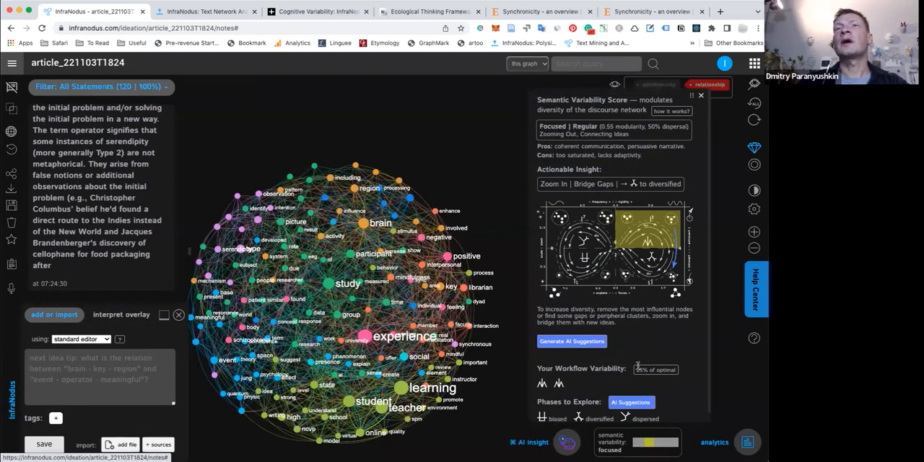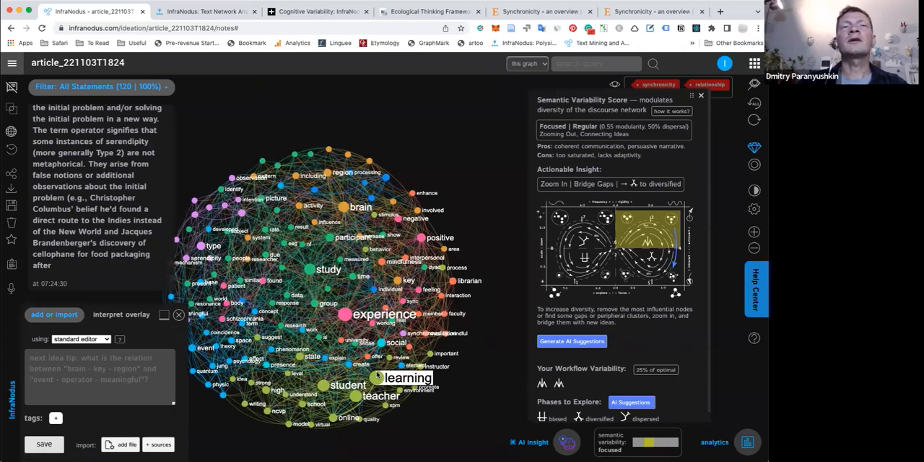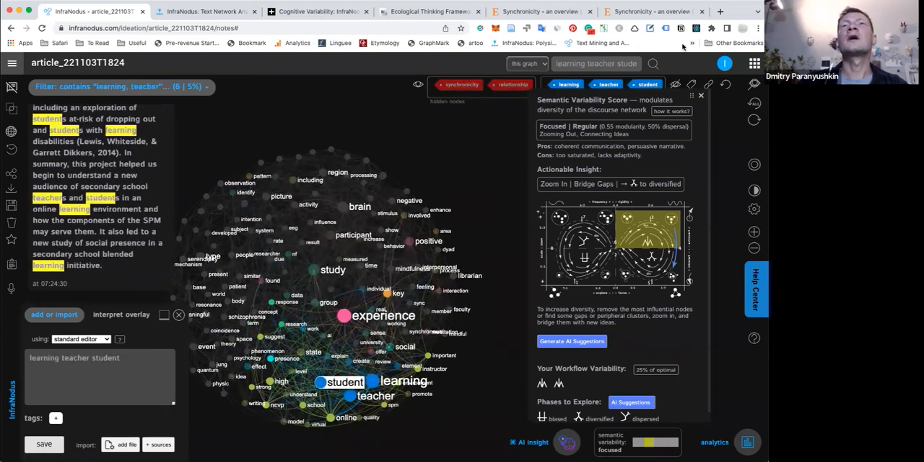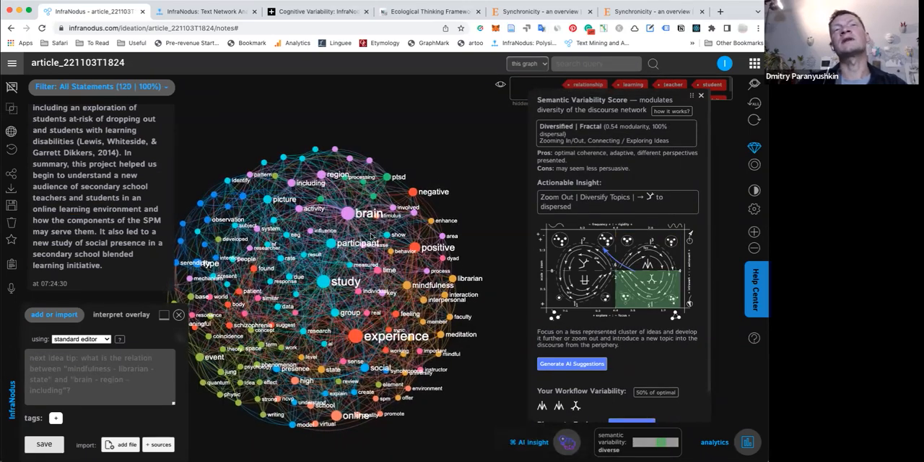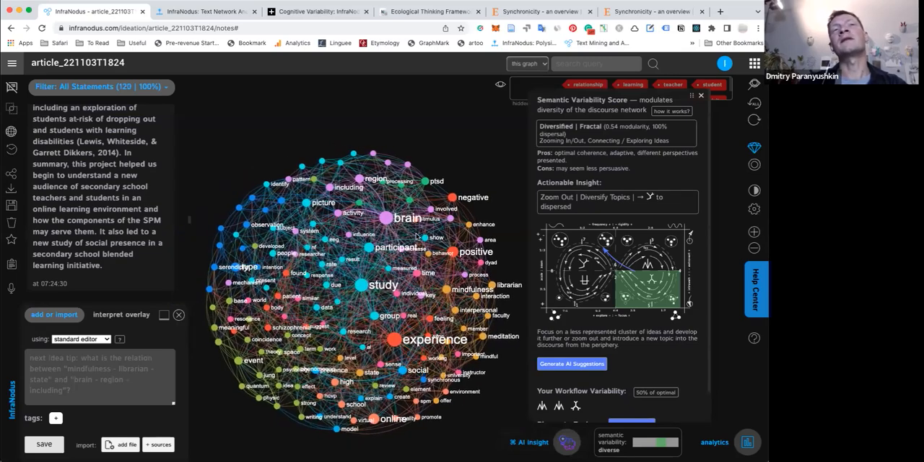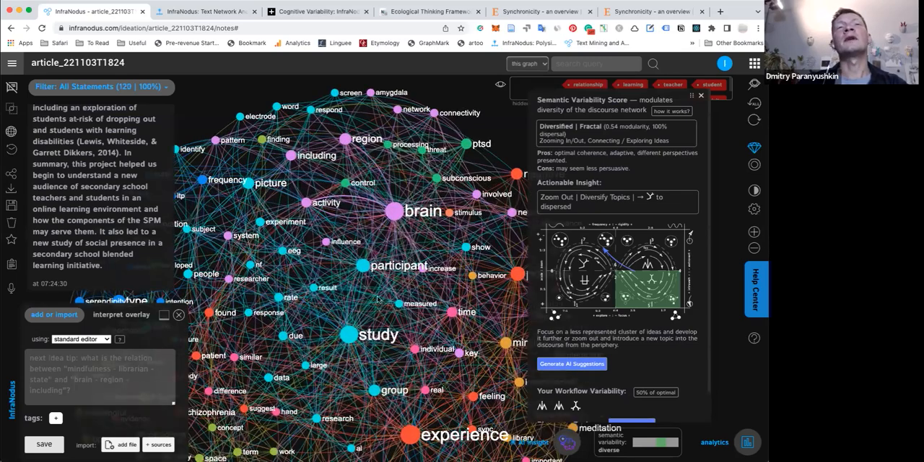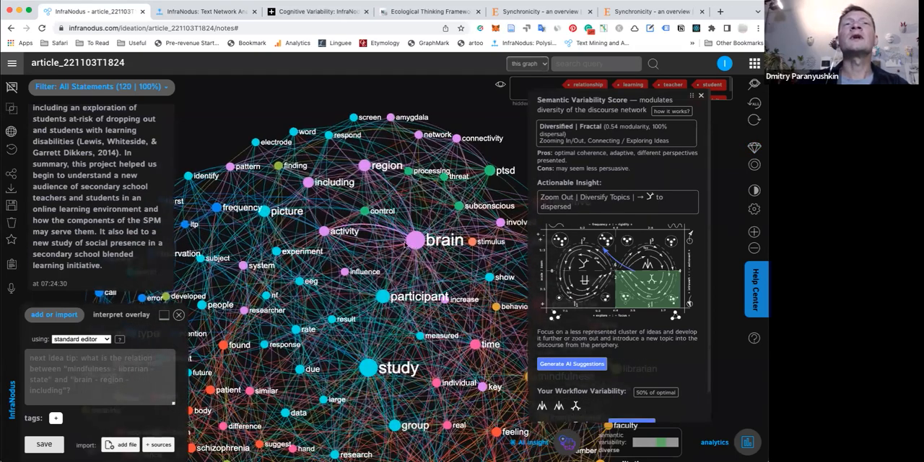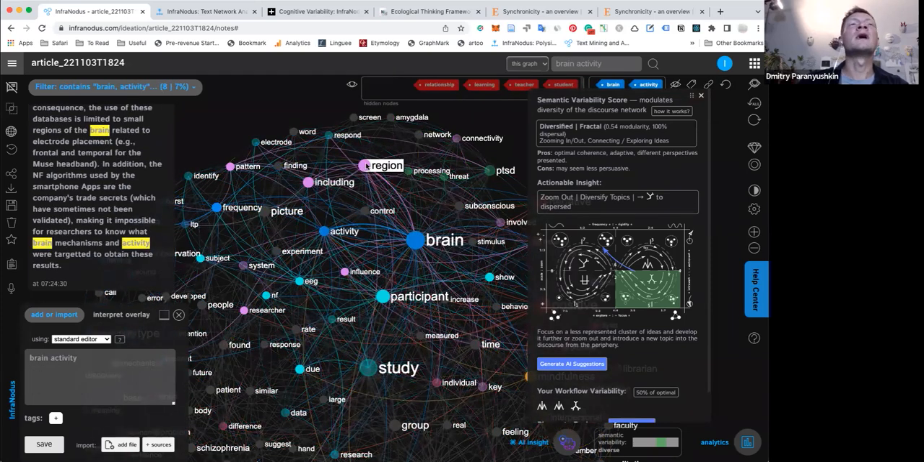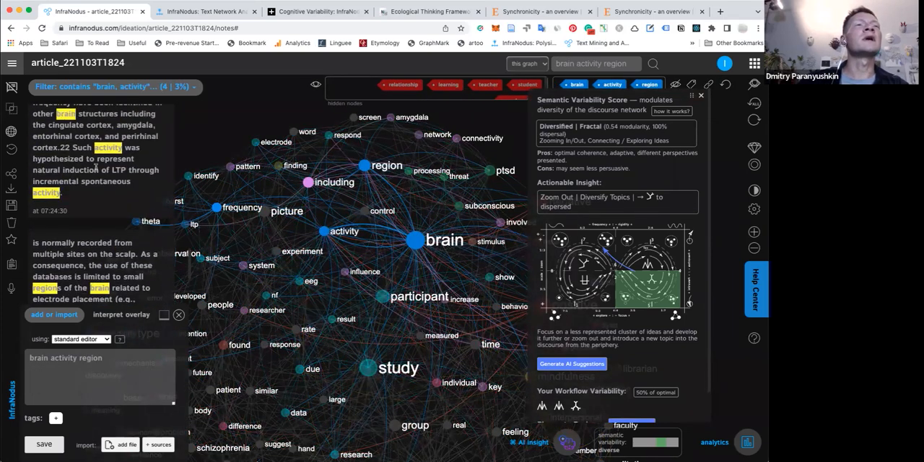Let's see what happens. So I try to also remove some more stuff and try to make it reach this green area here where it's diverse enough, because that means that you have enough topics that are distinct from one another to explore. So here I see there's a lot about studies and experimental studies with participants. So maybe it's a bit too general for me, but here it's talking about brain activity and regions and synchronicity,